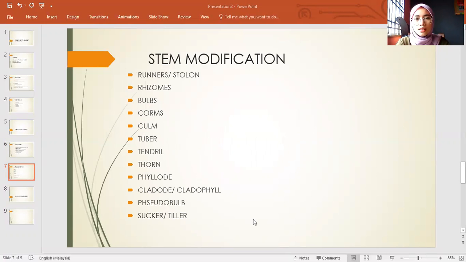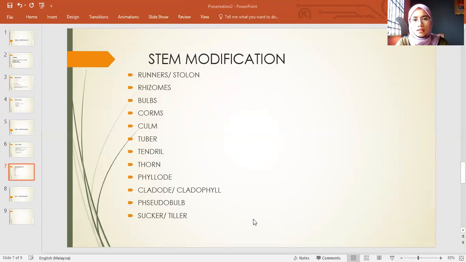The corms, you can find it in yam. Culm, you can find it in bamboo, and also Oryza sativa, which is your rice plant. Tuber in potatoes, tendrils, thorn,